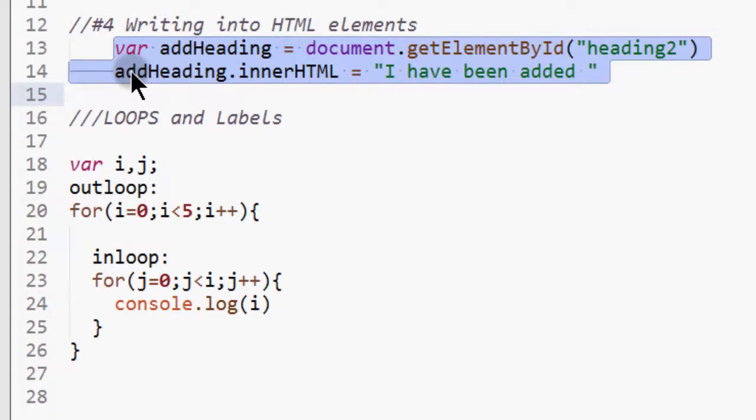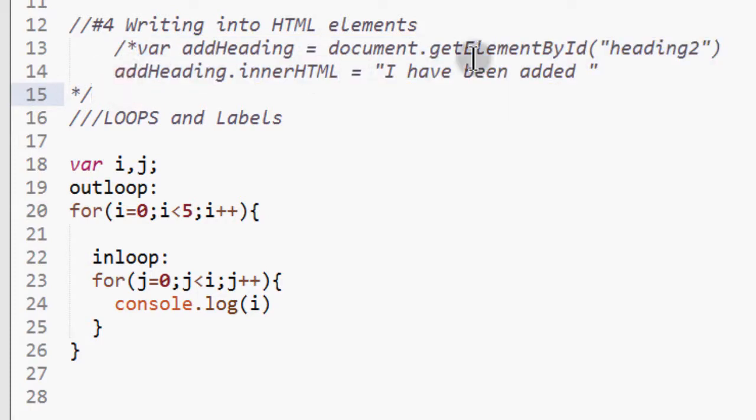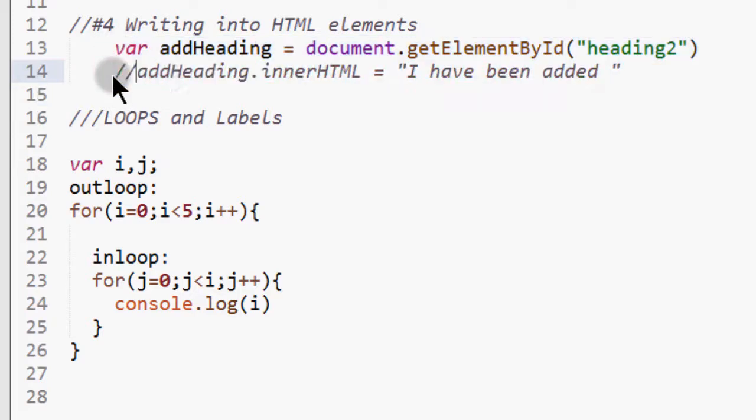I just want to comment that out with Control-Shift-/ on my Windows, which will comment all of this. But I just realized I don't need to comment everything, I just need to comment this one, because I want to use this very